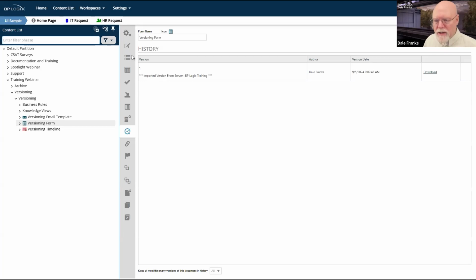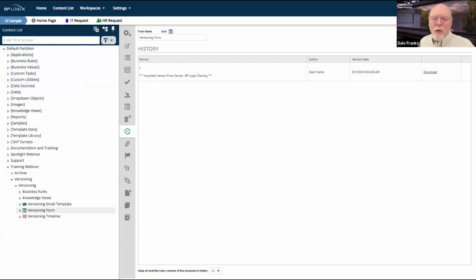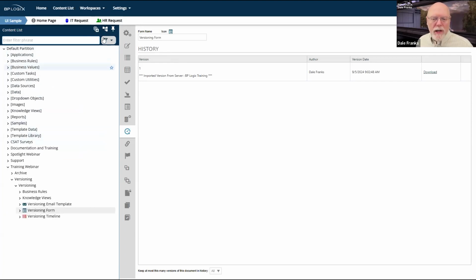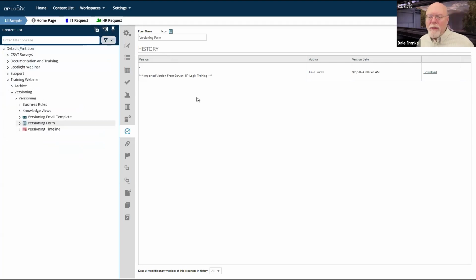Obviously, it resides in the template library folder. I have an application stub. If we turn on our system folders and go into the template library, we can see that I have this application folder. This is where my base application is contained. And so what I've done is I've imported that application.